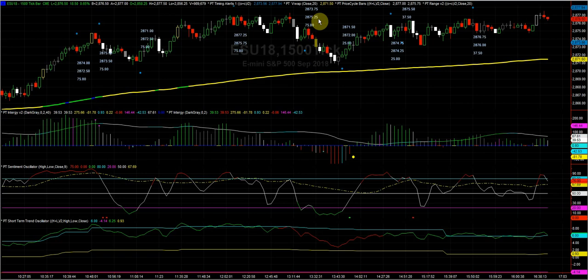If we use the conservative type trade, we get in 2 points above the high of this, and we would have never got in this trade. That's what the conservative type trade does for you. It keeps you out of potentially bad trades. It makes sure that you're buying into strength and selling into weakness, where the immediate trade